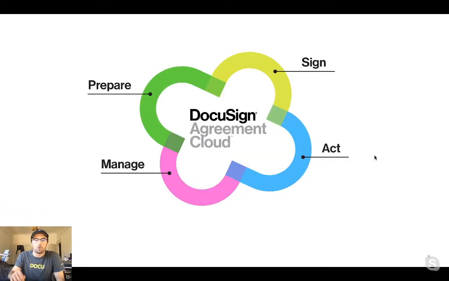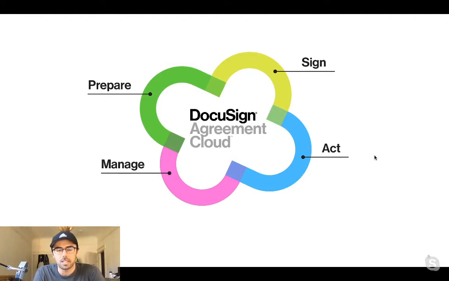If you were on the stream previously, I talked a bit about the one marketing slide I promised that I'll have in this presentation, and that is the DocuSign Agreement Cloud. This vision was most recently shown to the world following what we made popular, and that was e-signature. So DocuSign of old was primarily the sign part of the cloud. Since then, we've begun to grow out our different features and functionality. But for the purposes of this presentation, we're going to focus predominantly on the sign area of our Agreement Cloud.